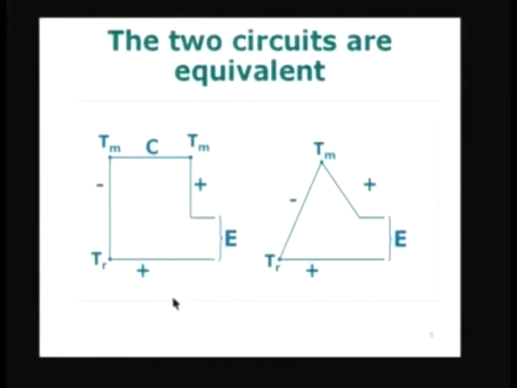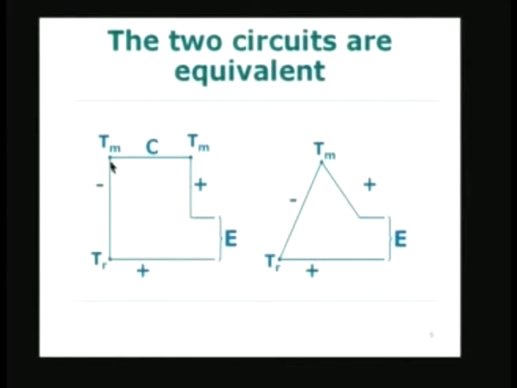It means simply this: I have 2 circuits. In the first circuit I have the negative material, then I have a material C which is connecting the junction at Tm to another junction formed between C and the positive material, but this entire thing is at the same temperature Tm. This junction as well as the entire material here is at a uniform temperature. And now I have the reference temperature junction here, and I am going to measure the voltage between this plus wire and this plus wire.